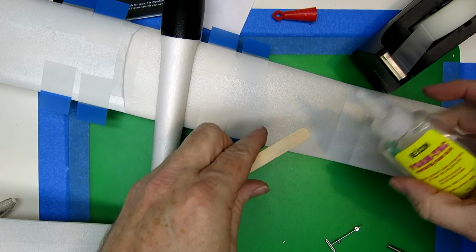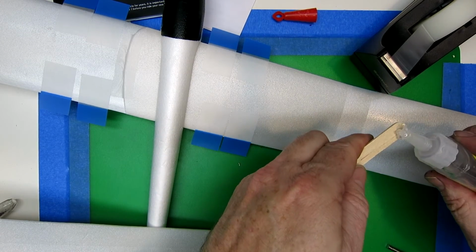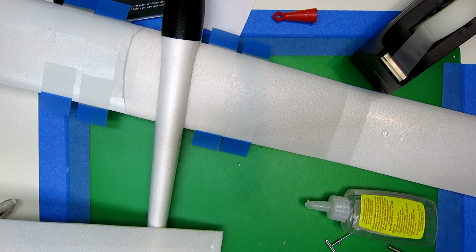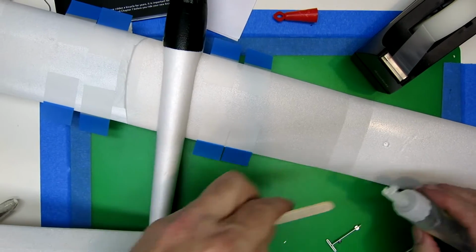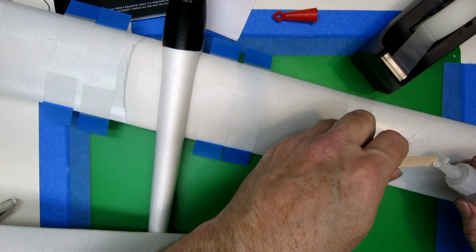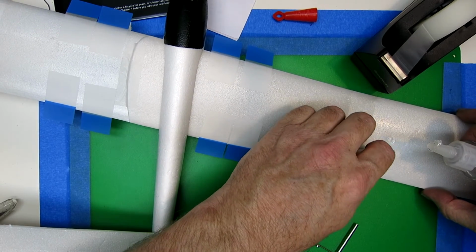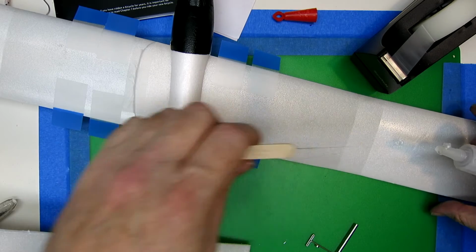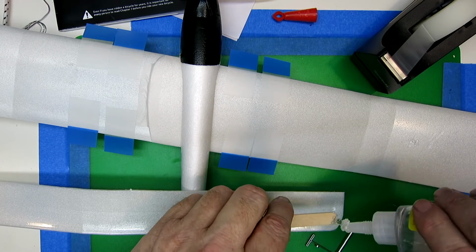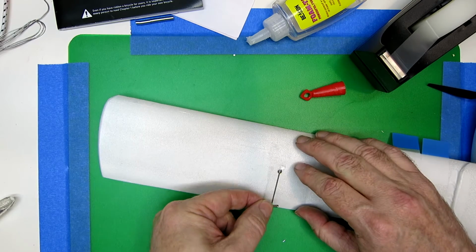Okay, for glue, I'm just going to use a tiny bit of some kind of old Beacon foam tack. It's getting a little bit hard and sticky and stringy, but it'll do. So we'll just get a tiny little bit, and put into each of the magnet holes. So there's blue down,